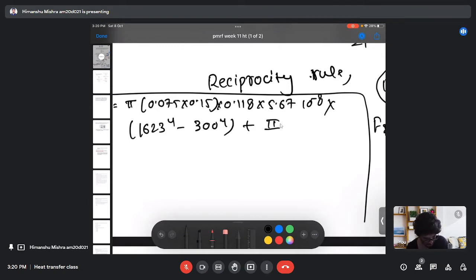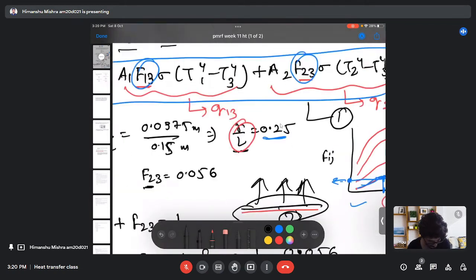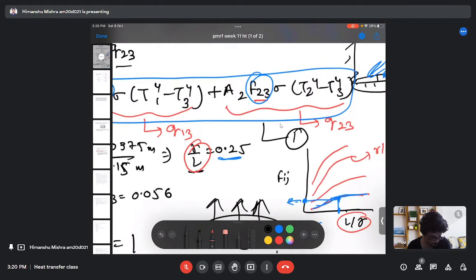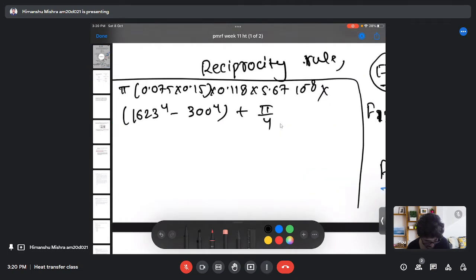Now similarly, this is my heat transfer from Q to 3. That means from surface 2 to 3. That means from the bottom surface. So from the bottom surface, it will be given as my area, my view factor value multiplied by the Stefan-Boltzmann law constant,